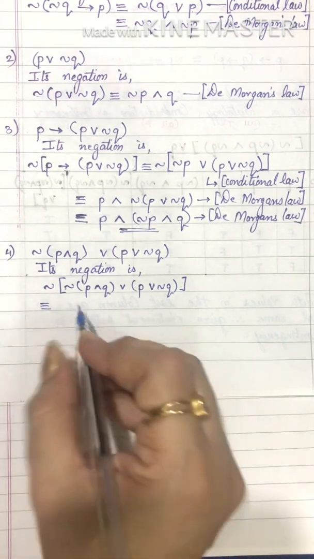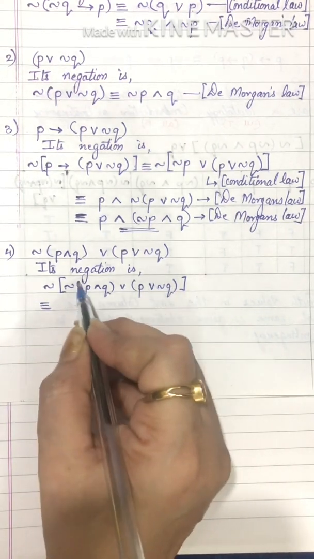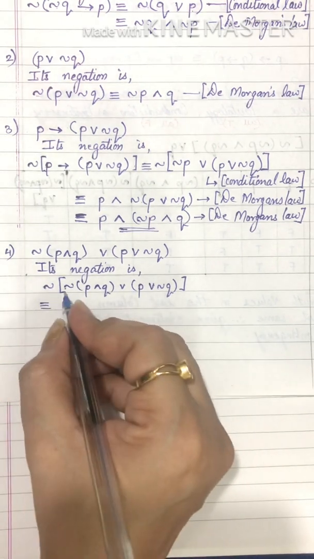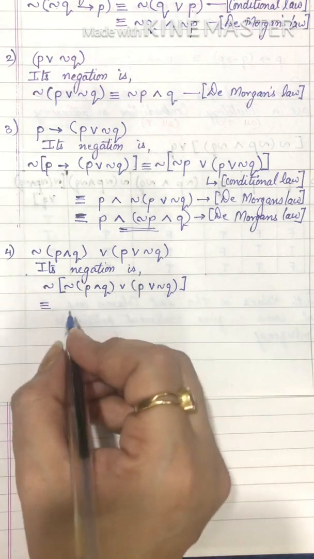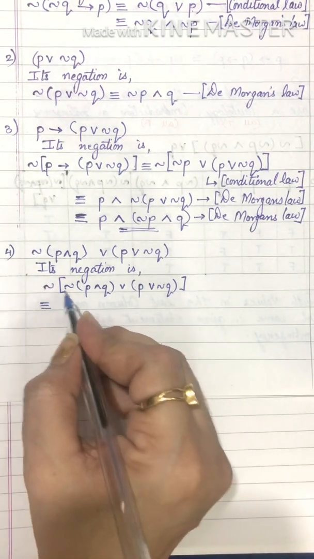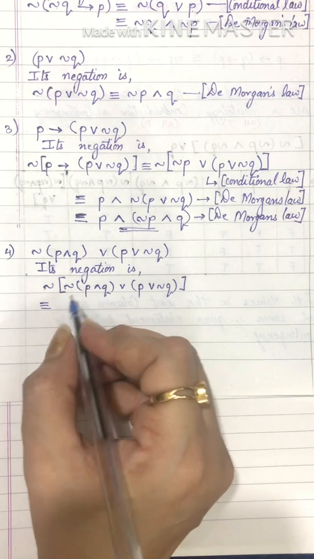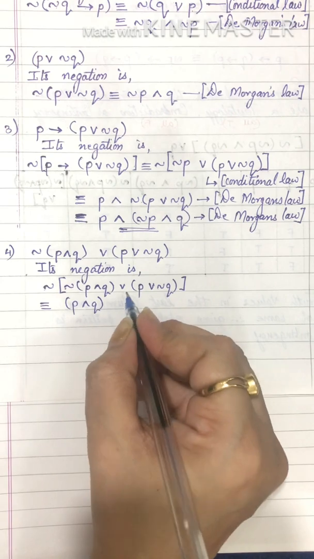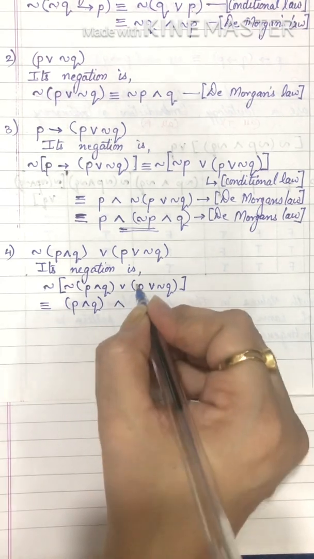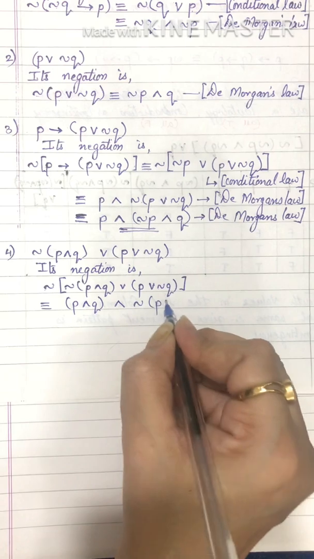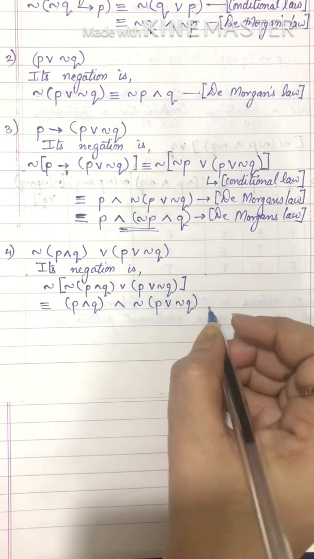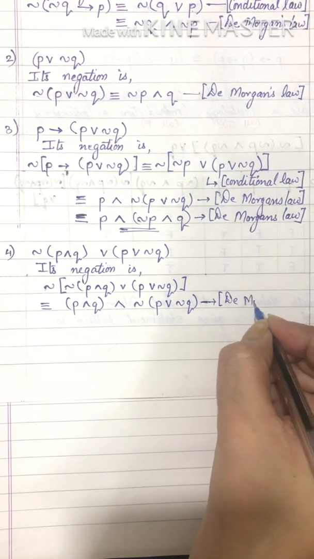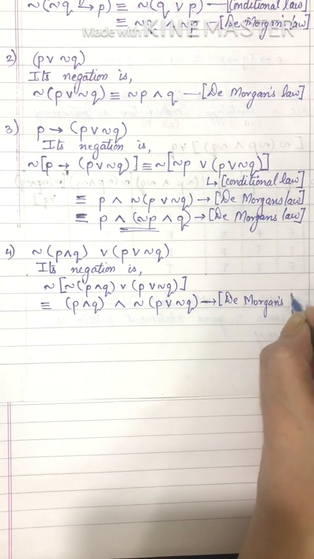Now first of all, what will we do? Negation of the statement, and inside also we don't have any conditional connective. So we will use De Morgan's law. Negation of P or Q. So we will get negation of this first bracket, that will give us the first bracket value itself. So I get P and Q. This or will become and negation of the second bracket, so negation P or negation Q. Here I have used De Morgan's law.